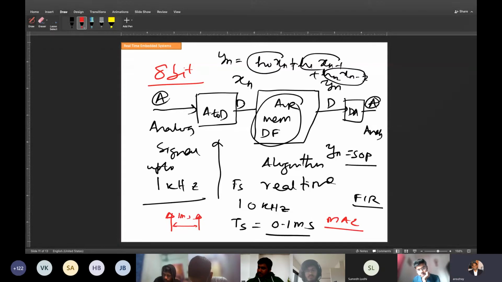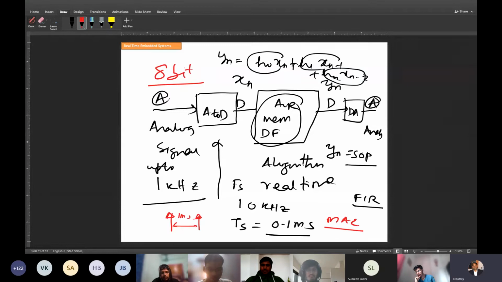And there are some registers, we'll talk about the architecture, that are also 8-bit. So with an 8-bit processor, it is difficult to process 16-bit or 32-bit data. You can process it, but it will become slow. You have to do it in parts. Like 8-bit addition, you can do with an add assembly language instruction, but if you want to add 16 bits, you have to do two additions, 8 bits at a time.